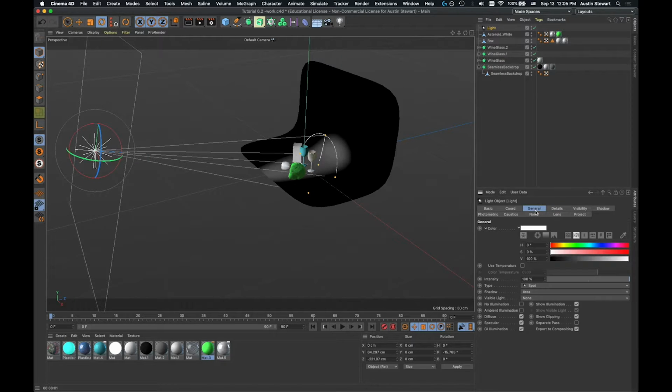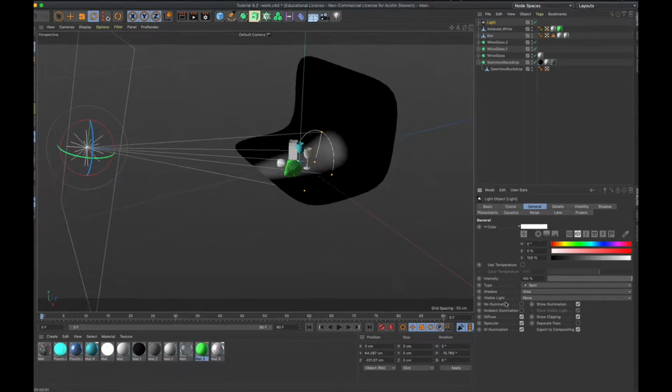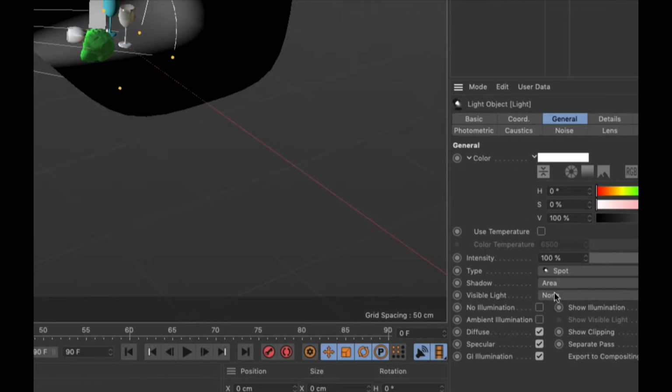So we're going to click on our General tab again, and you may have already seen that there's this visible light option. If you're using area lights, you cannot create visible light. It doesn't work. What you can do is potentially have an area light illuminating your scene, and then have a point source light or one of these other lights working as a visible lighting source, right? So there's three different options. There's visible,